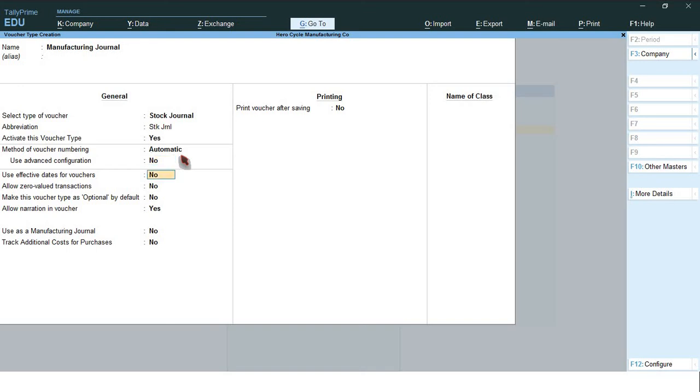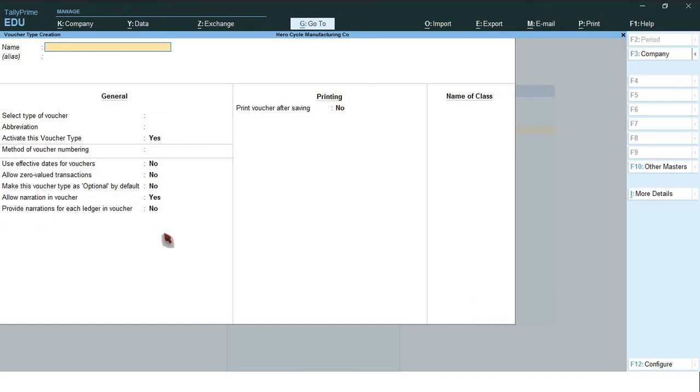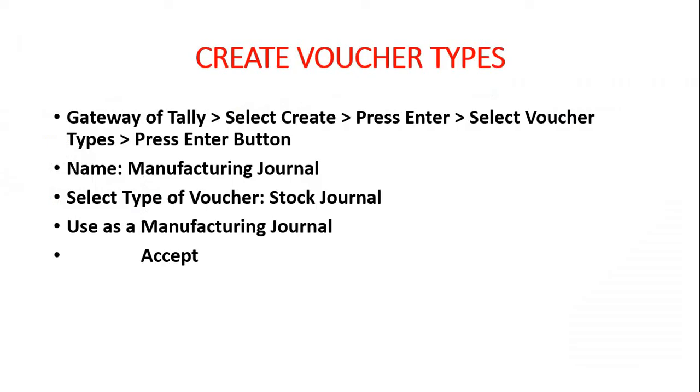So here the last but one option is there, that is use as a manufacturing journal. Set to yes. Accept. So I provide the notes for this creation of voucher type. See here, gateway of Tally, select create, press enter, select voucher types, press enter. In the name field type manufacturing journal, select type of voucher stock journal, enable use as a manufacturing journal, set to yes, and then accept.